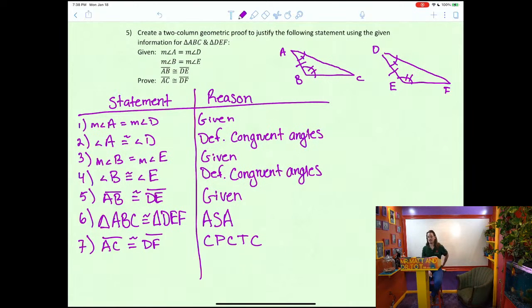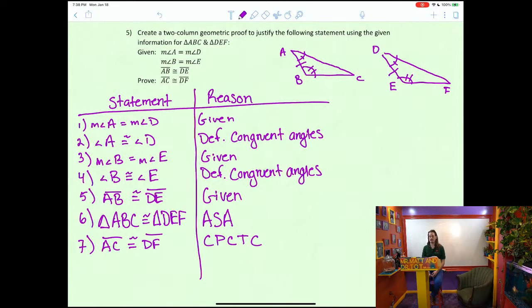Similarly, we can say that because the measure of angle B is equal to the measure of angle E, angle B must be congruent to angle E because of the definition of congruent angles. Then we also have the given information that line segment AB is congruent to line segment DE, and that gives us all the information we need to say that triangle ABC is congruent to triangle DEF because of angle side